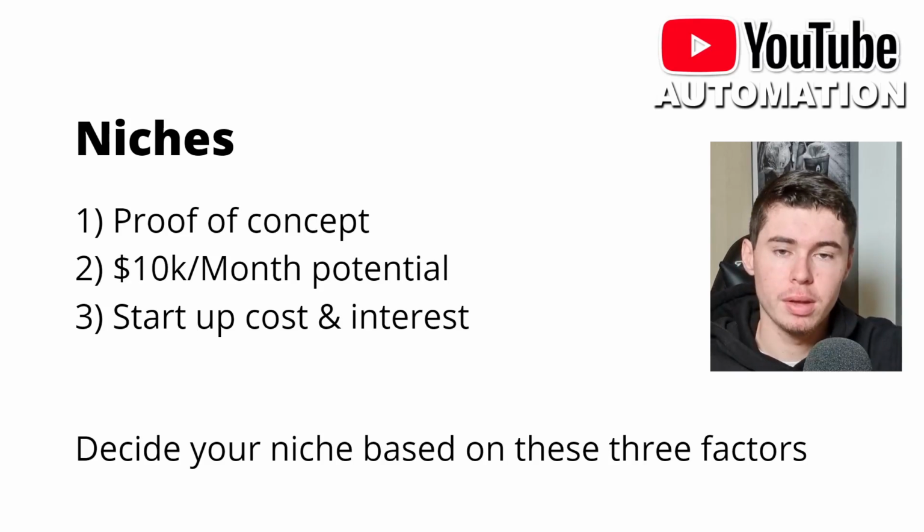You want to find proof of concept, meaning that there's a channel that has recently grown, a channel in that same niche that you want to get started in. I prefer it to be in the last 12 months because then you know that there's still interest, plus they've recently grown, not in a different period of YouTube where it'd be easier or whatever. If it's recent, then you've got the best proof of concept out there. What I recommend doing is finding channels within that niche that you've just found, at least about 4 or 5 that have recently grown and are pulling great numbers. If that's the case, you've got your proof of concept and you know that it's a good niche.